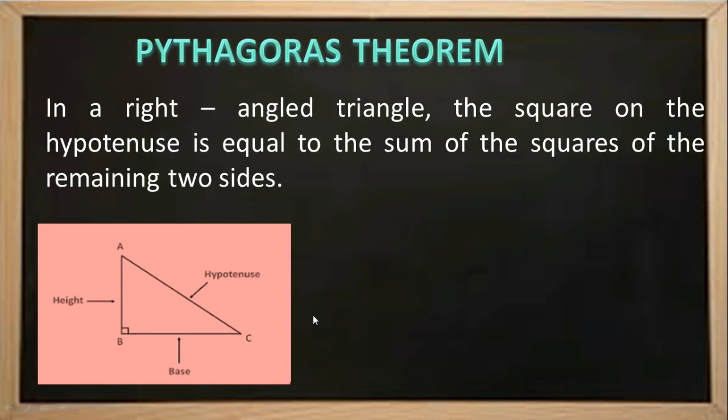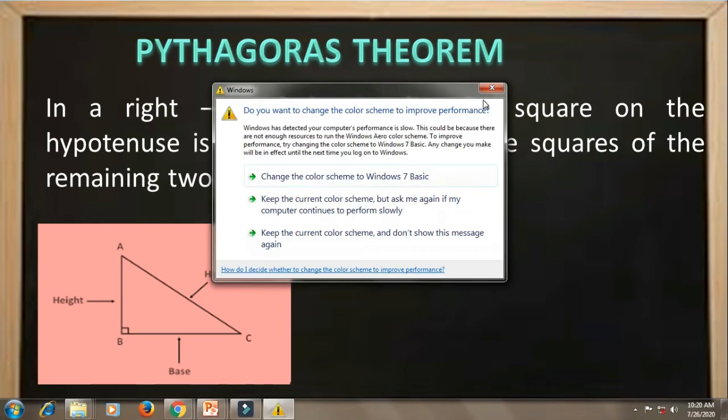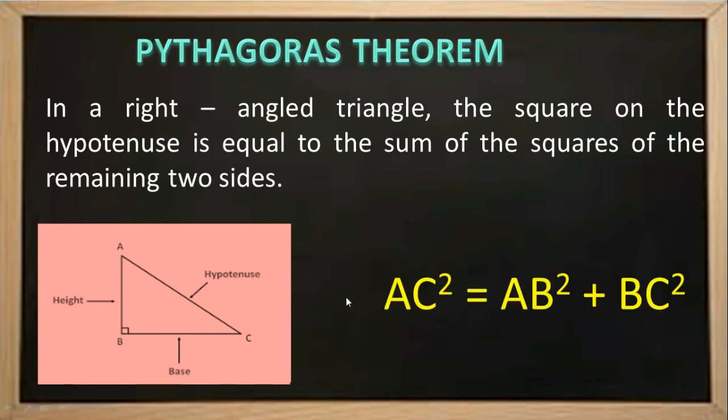If AC is the hypotenuse, which are the remaining two sides? AB and BC. So the theorem says that the square on the hypotenuse is AC square and the sum of the squares of the other two sides means AB square plus BC square. Hence AC square is equal to AB square plus BC square. This is the result of Pythagoras theorem for the given triangle ABC where angle B is 90 degree. How to find this and how the proof has been calculated or formed will be discussed later.